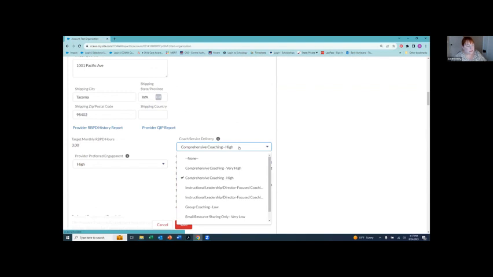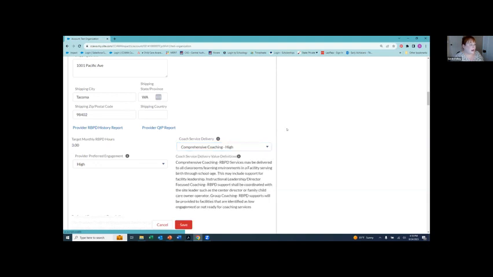I think we're also going to be adding a date field here, so you'll be able to see the last date that it changed. That might be a useful tool for us to see how frequently people are moving between the different categories, and it might also be helpful for you to reflect on, the last time I made a change here, what was this date? All right, that is everything I have to share. I'm going to open it up to questions and feedback.